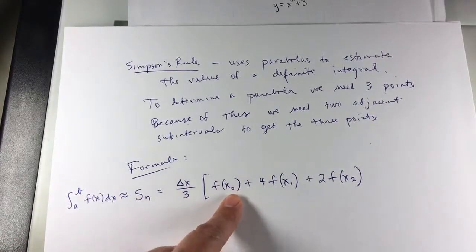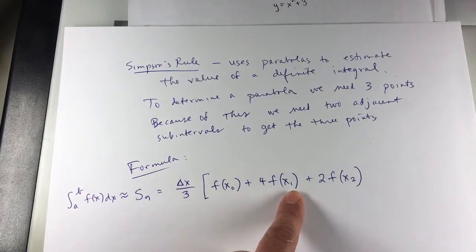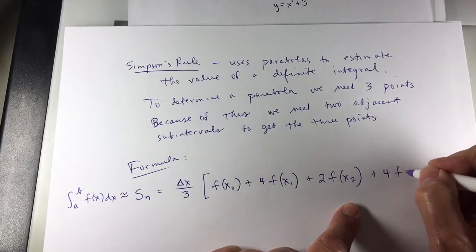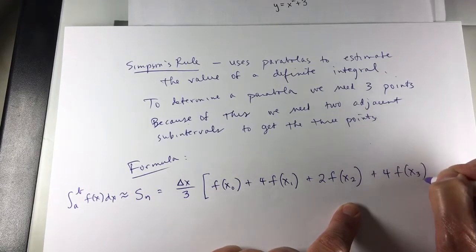So the first one is x sub 0, x sub 1, x sub 2. Then 4 times f at the next x value,